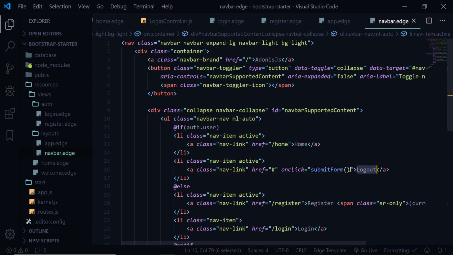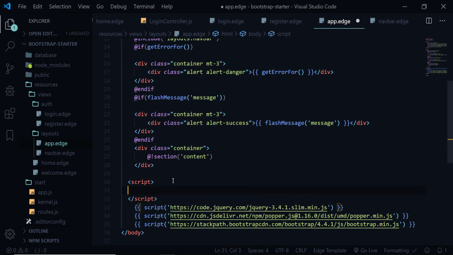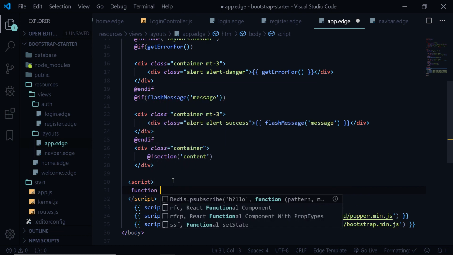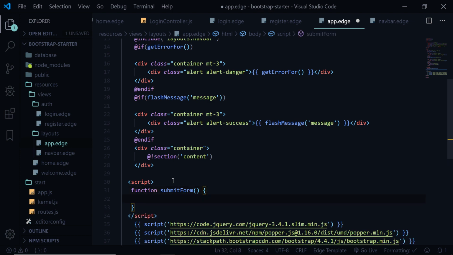All right, so that's pretty much it. So I think we can do this on the top of li. No, let's leave this here. We need to write the form inside our applet so that we have every logic inside here, so it is good to write in here script and write a function saying submit form. And